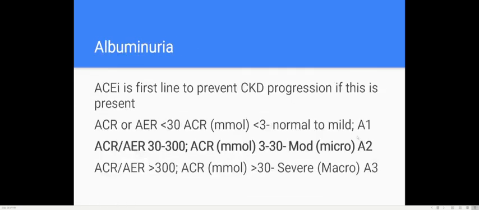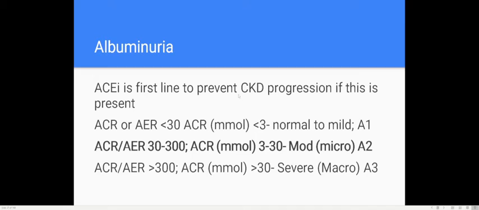Next up, you have albuminuria. Basically, you just need to memorize the range for moderate, which is 3 to 30. If you're less than 3, you're normal. If you're greater than 30, you're severe. So knowing 3 to 30 is easy. You know that, and then you know less than 3, you're normal. Greater than 30, you're severe. Easy, done. And if this is present, you probably want to be on an ACE inhibitor that prevents